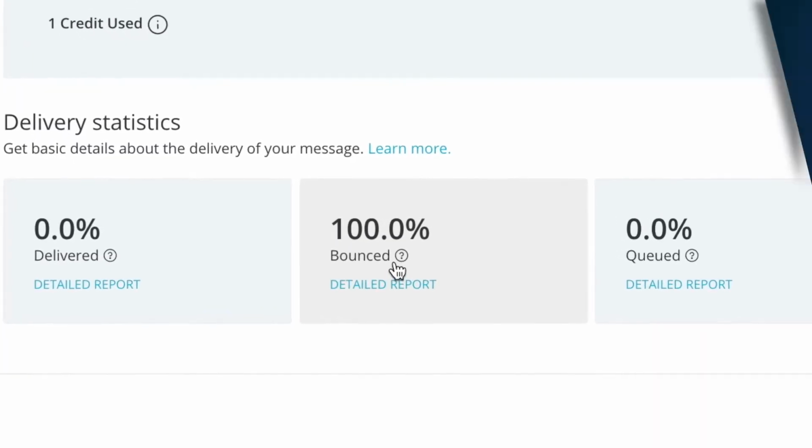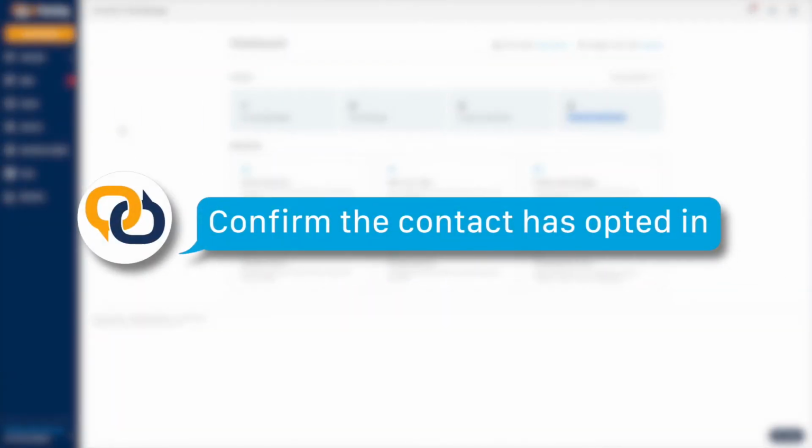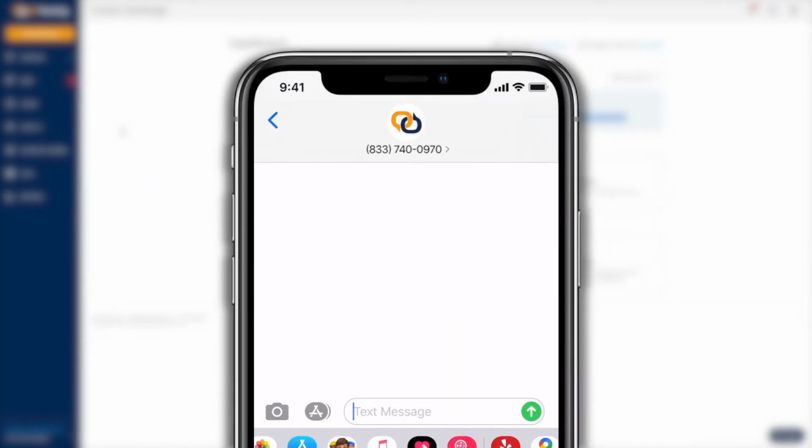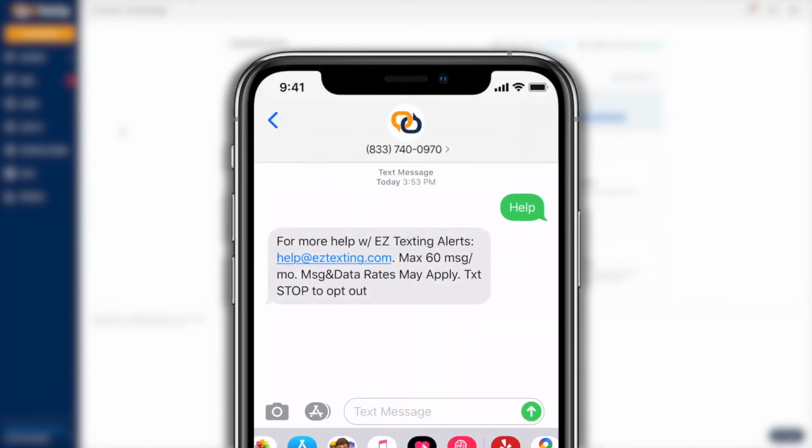But first, confirm the phone number you're attempting to message has actually opted in to your subscriber list. If they text the word "help" to your registered number and get a message back, you'll know that they're subscribed. If, however, they don't receive a message back, you'll want to verify that they're included in the group for your